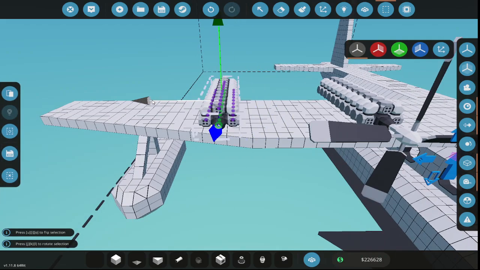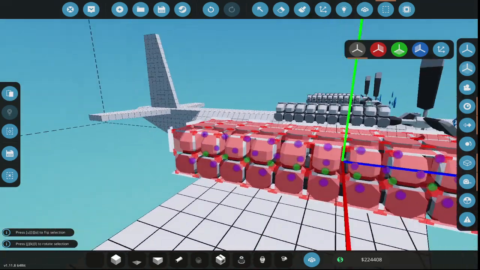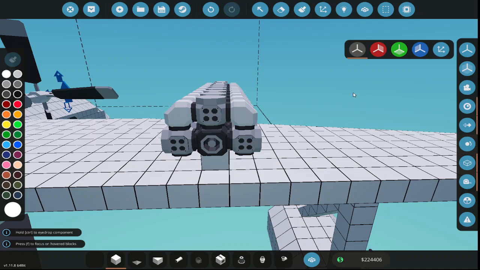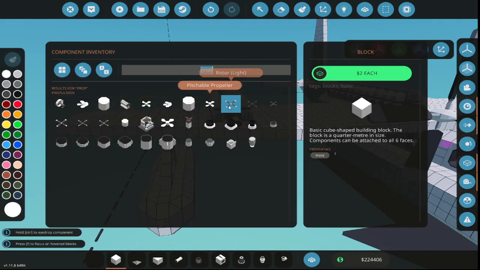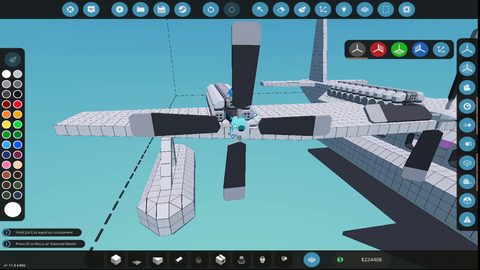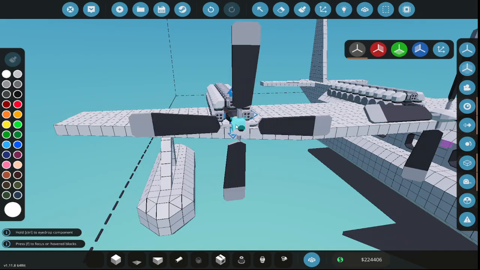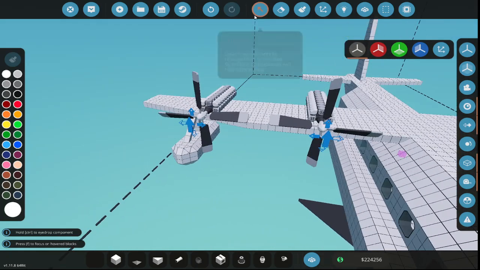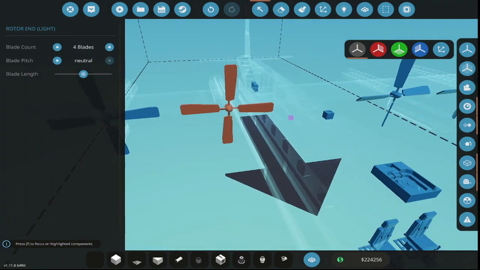1, 2, 3, 4, 5, 6. Paste that there. All right, and we'll merge. That one, the rotor lights. I guess it's the same. This one just has a nice little. And that way, if I go to the collective, I can just collective up